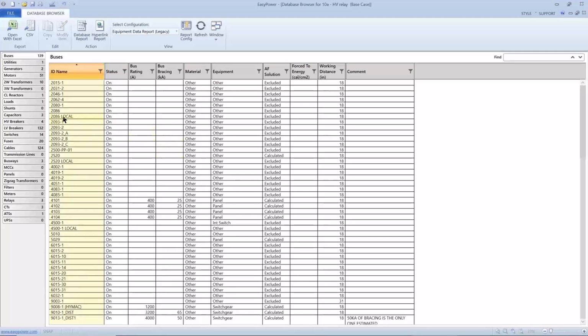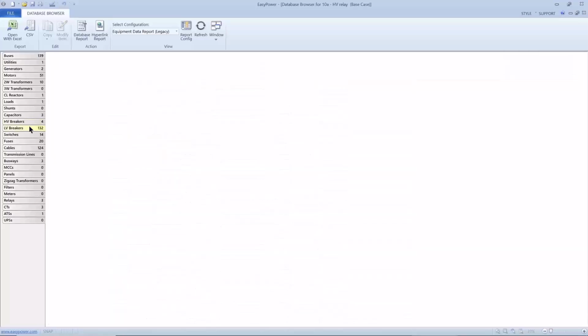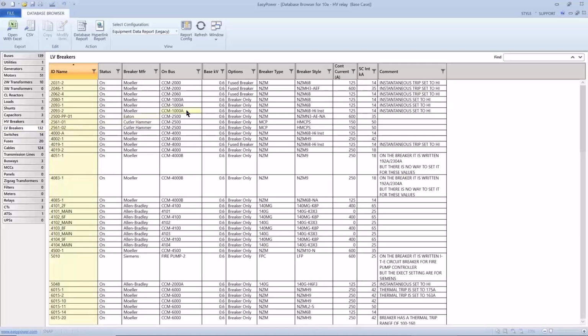But if I look at the breakers, again, what I want to look for is the interrupt rating, because if this is blank, that's a real problem. This number comes from the data sheet given the part number that's been entered. If it connects to the device library, then this column will be filled in by the tool. So it used to be, well, I'm looking for a 0 or a number that's wrong. Now, rather than scan through the whole chart,